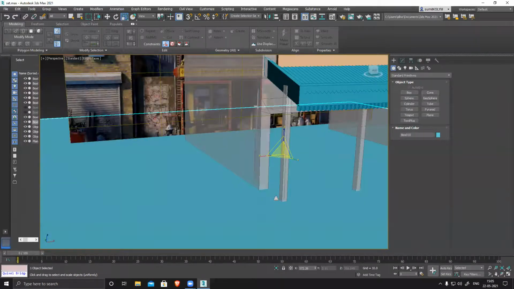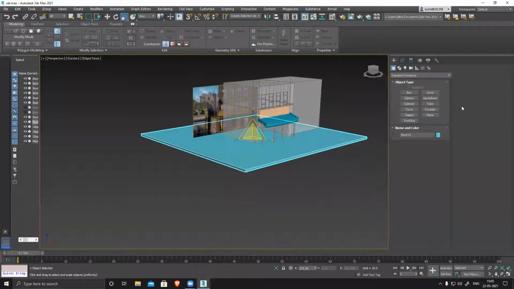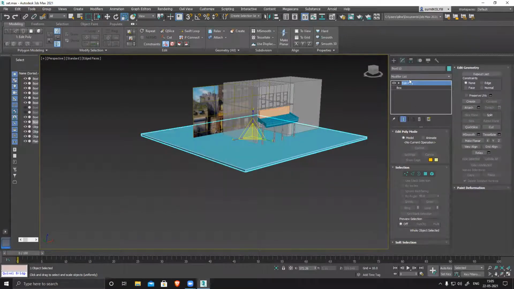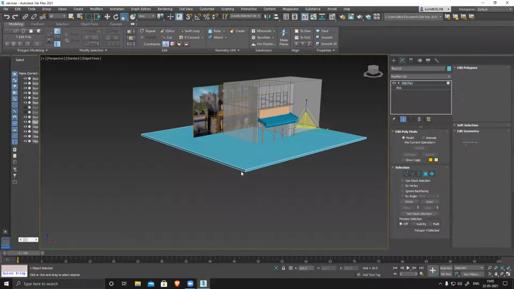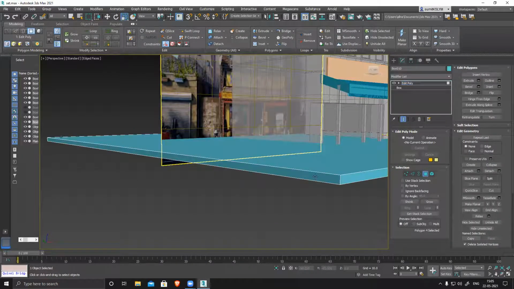So I'm creating this base, and here I can clearly see this is supposed to be a plane. So I'm just going to delete all the sides and this also delete.